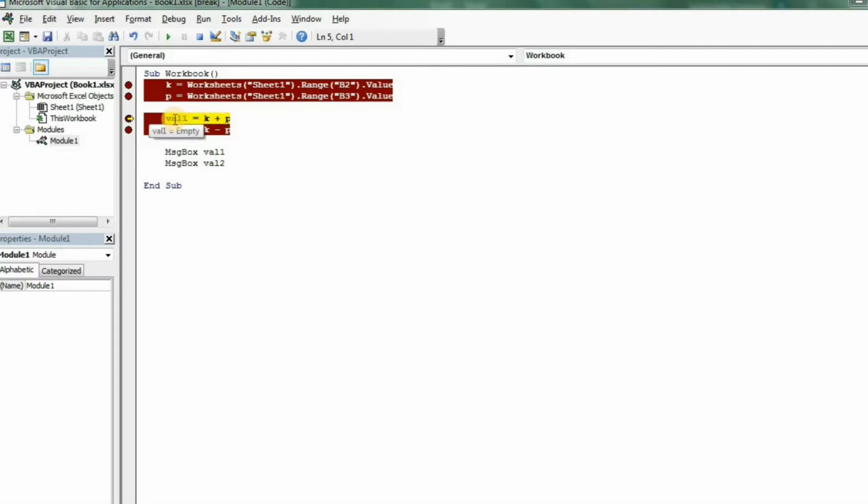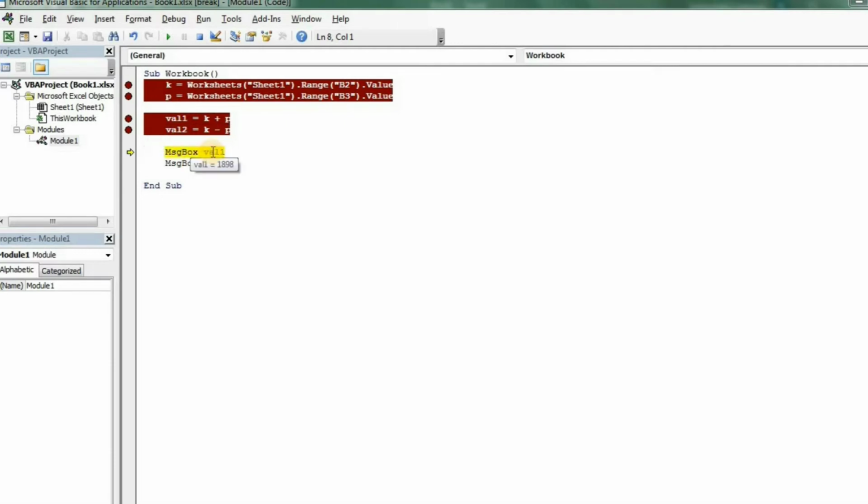But val1 is empty, because at that point the above lines have been executed but that line has not. If you press F8 again, it goes to the next statement, that line gets executed, and val1 will be stored as 1898. Similarly val2 is empty; if you press F8 again, it goes to the next line and val2 is updated.